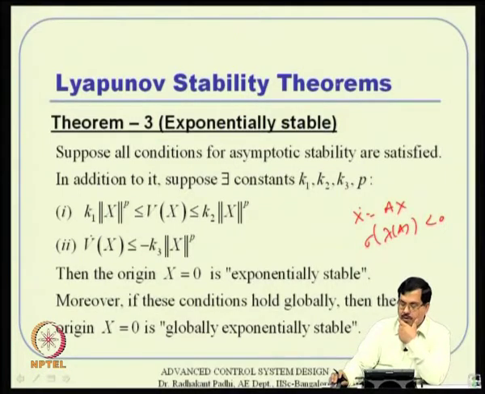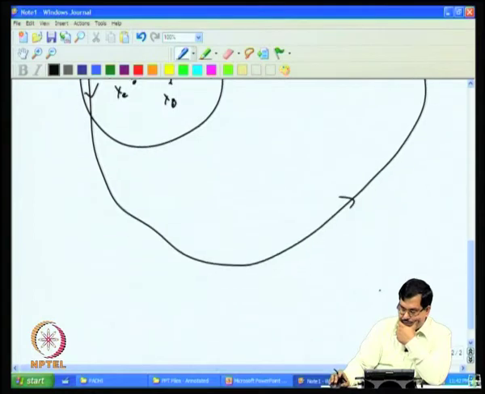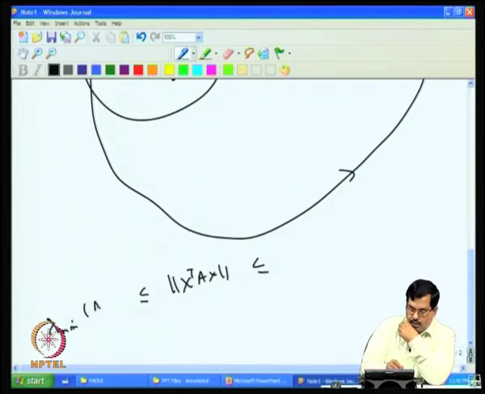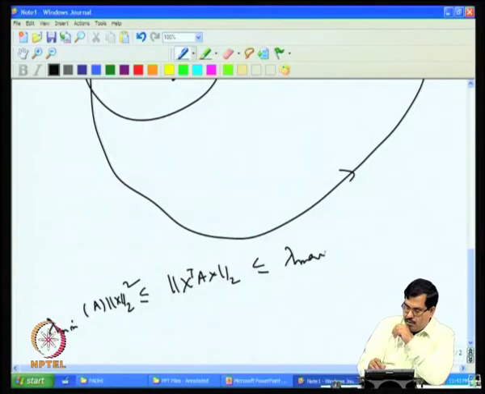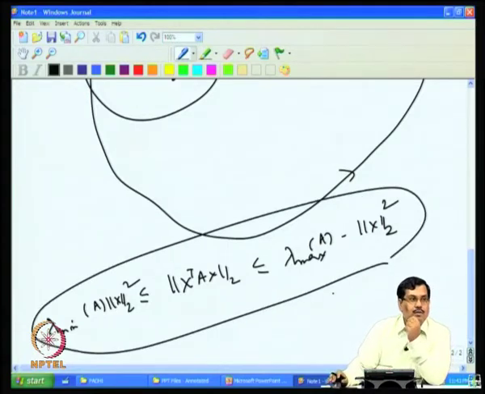That means, if I talk about... you have to excite a condition that tells you that x transpose A x, the norm of that in the second norm especially, is bounded both above and below using lambda minimum of A times norm of x squared and lambda max of A times norm of x squared. So, if you use this theorem, you will be able to show that these conditions are satisfied for linear time